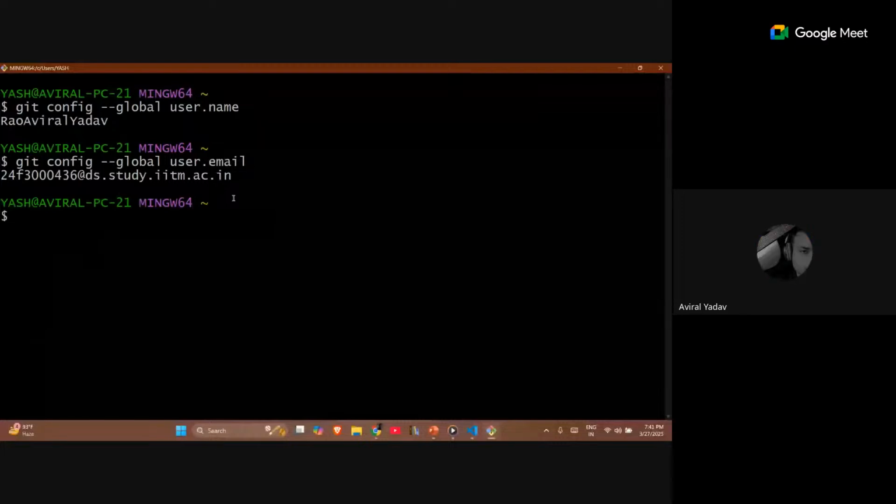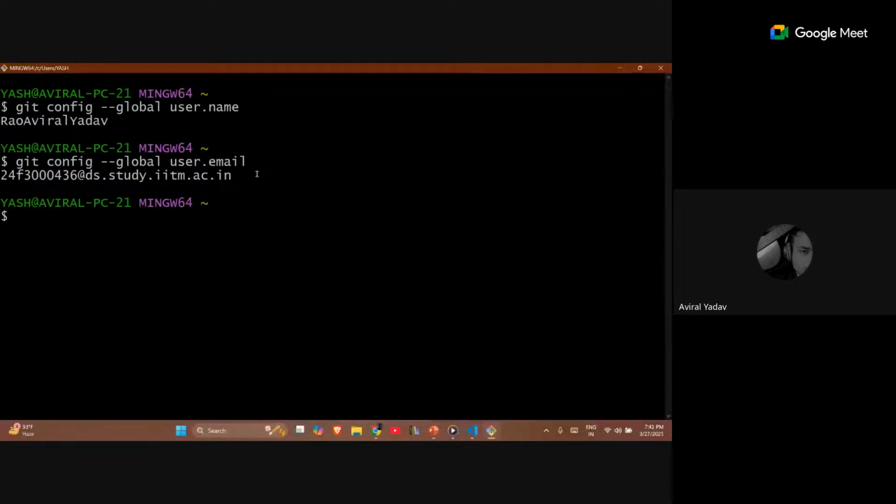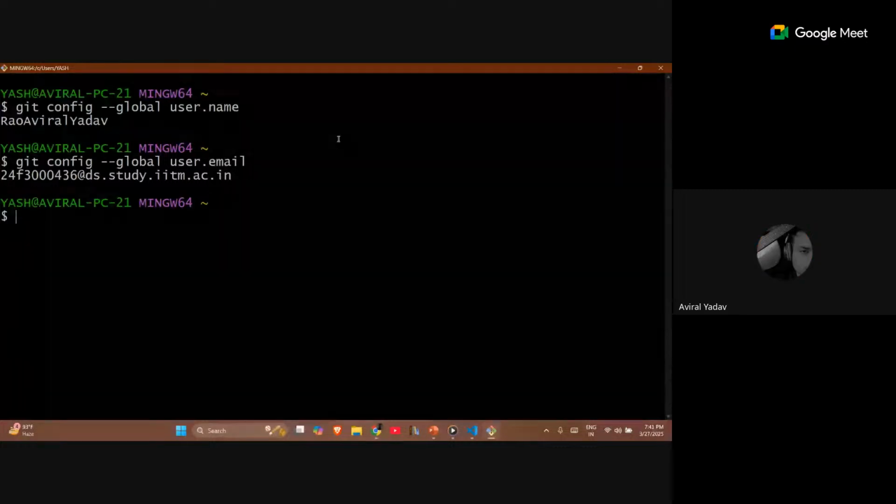Just remember, don't give any random email; give only the particular email that you have associated with your GitHub account. To check whether everything has been configured, just go for git config